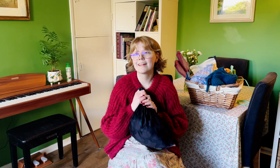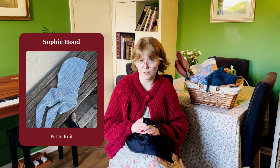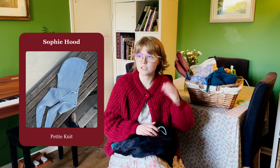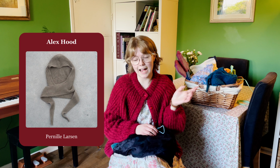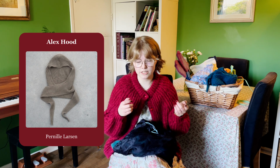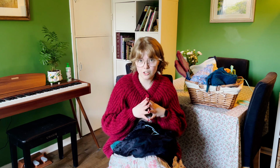Now, once I finished those Sophie scarves, I decided I wanted a Sophie hood. However, I don't love the construction of the Sophie hood. I went looking for alternative hoods to the Sophie hood, found the Knitting for Olive Pernille Larsen Alex hood, and I like it, but I don't like the ribbed. What I really like about the Sophie scarf is the garter stitch with the I-cord edging. So I decided to purchase both patterns and attempt an amalgamation of the two,